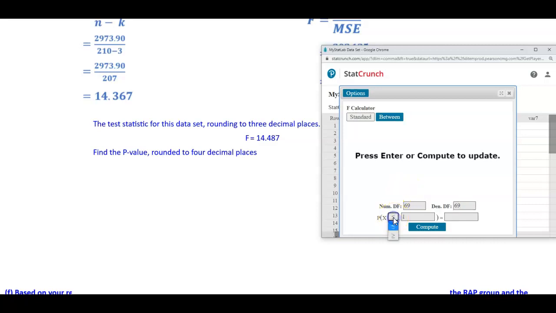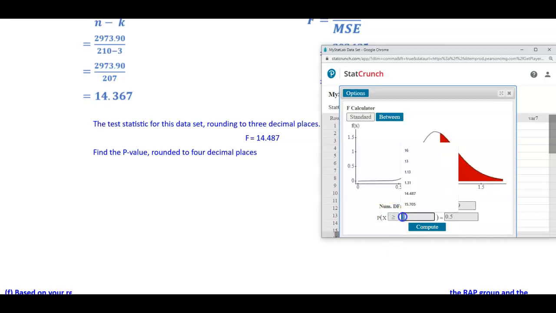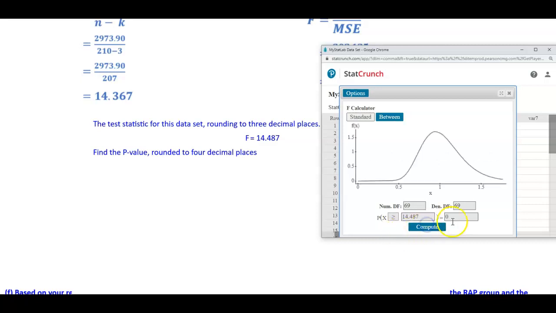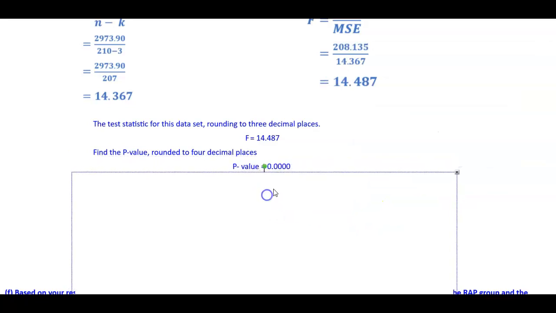Then we take a look at the greater than of that F test statistic, which is 14.487. When we compute, we get 0. Recall the reason we say greater than is that we want to find the area to the right when we're dealing with the F statistic, and we get 0 for the p-value. In these examples, you're going to end up getting the same for this section since you have the same sample size. So therefore, the p-value is going to equal